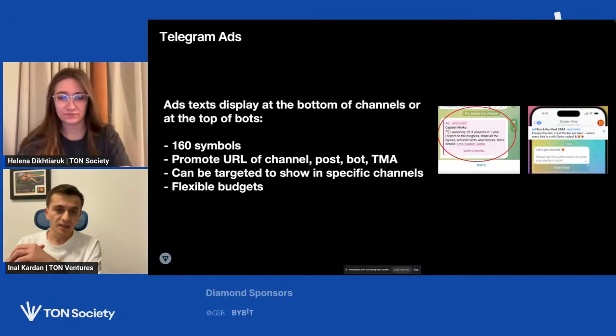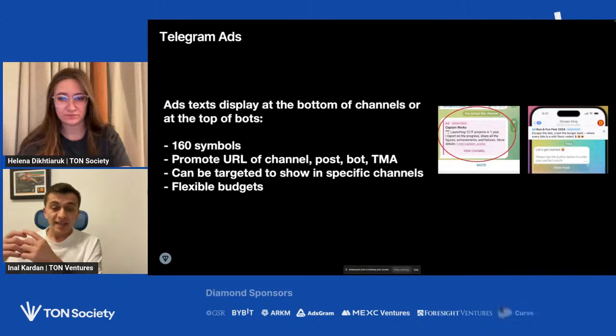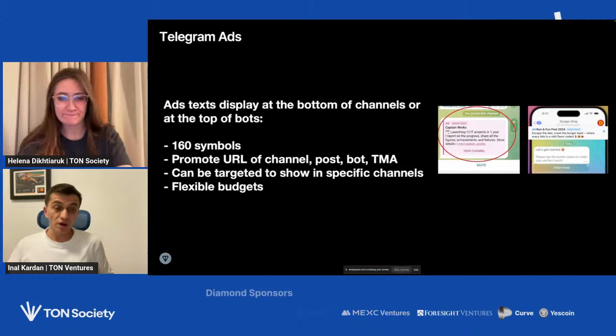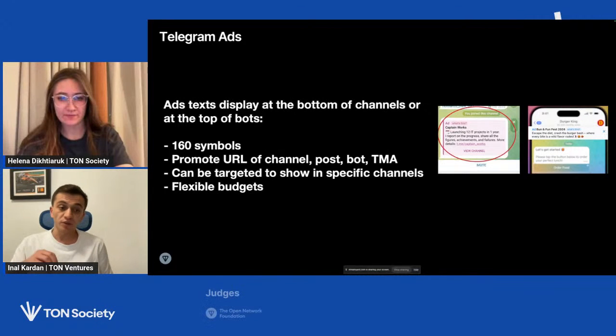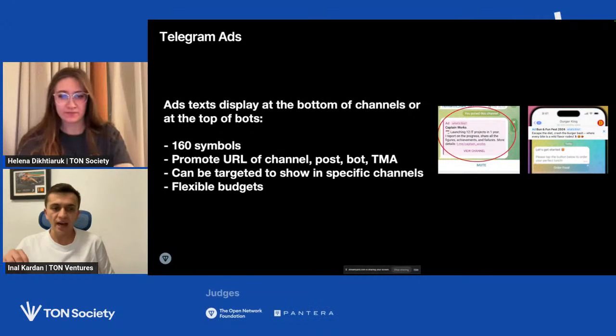So for years now, these ads are seen by users, by followers of a channel, but only Telegram users without a premium subscription. So if you want to target Telegram users with a premium subscription, probably Telegram ads is not the best option for you. But if you want to understand how the game or the mini app or even your channel will acquire and retain users, Telegram ads is one of the best acquisition channels, because CPM on Telegram ads is usually quite low.